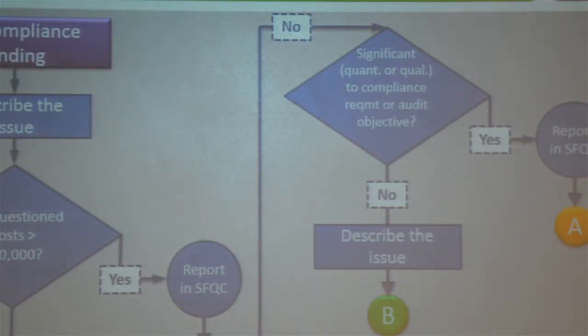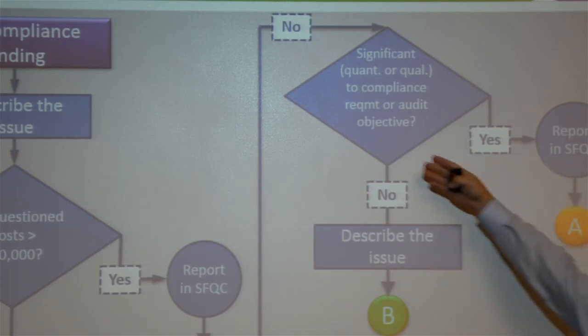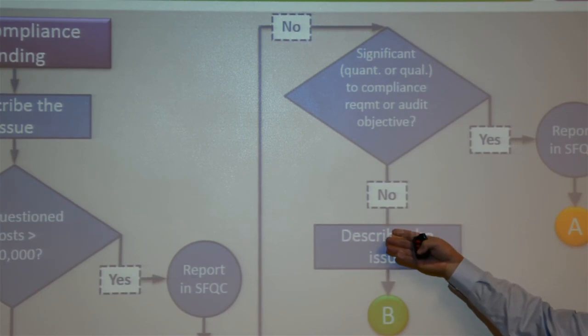Is that item of noncompliance significant enough based on the... We already know it doesn't violate your audit objective because subsidy is still correctly calculated. So qualitatively, did they reach a level of significance that you want to report? So you say no. Why? So I've got all this other history, and you're going to write that up. So you're going to have to say, no, here's what happened.